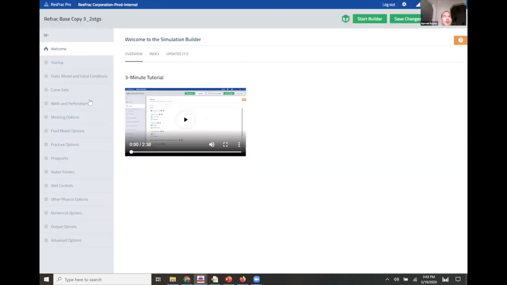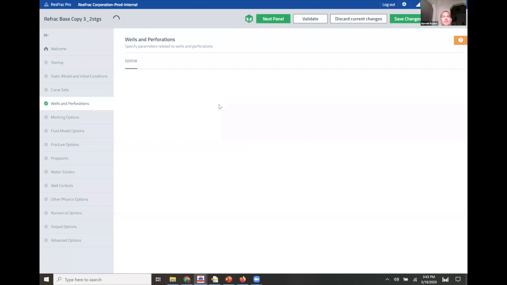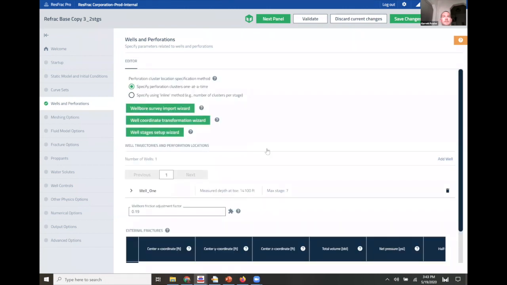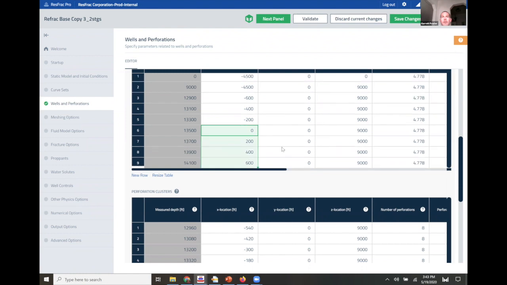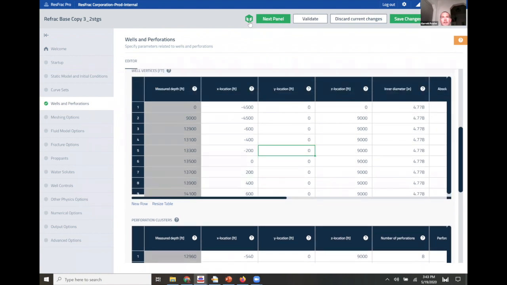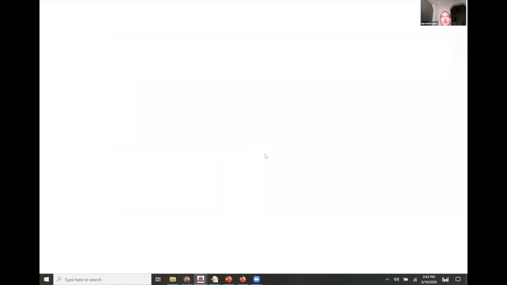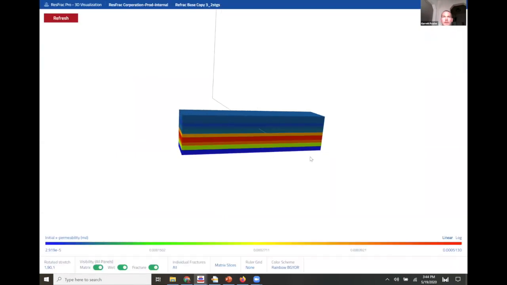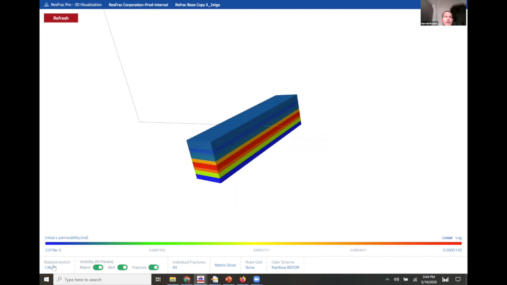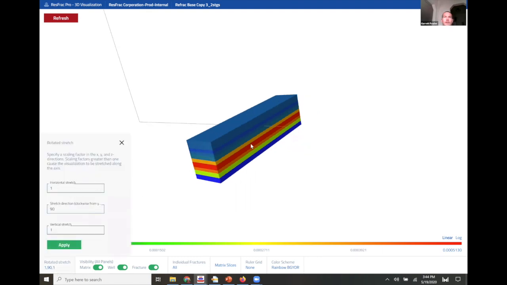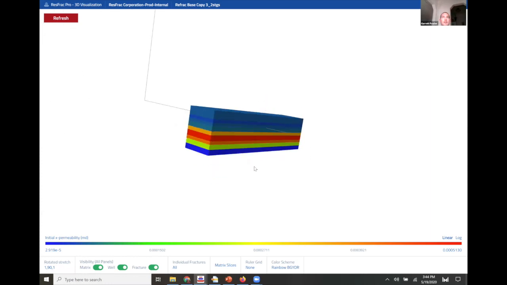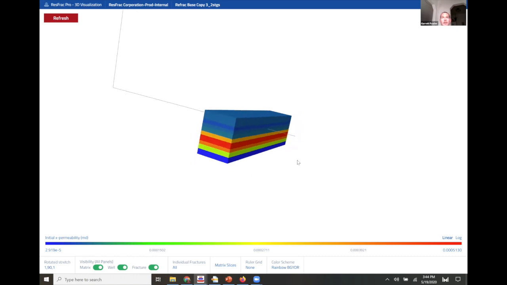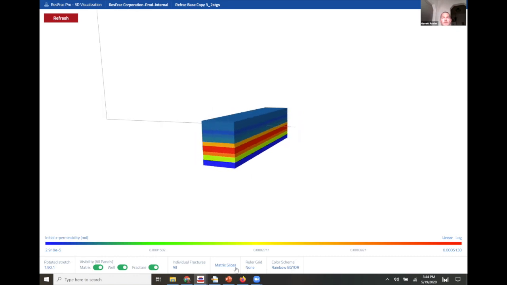So if I want to extend the model, the first place I'm going to start is my wells and perforations. And it's going to be slightly easier because I've already added the rest to my wellbore. So you can see I can actually use the new feature here. I think my computer is being overloaded by the screen sharing right now. So you can see here's my current model where I've drawn a box kind of close to the toe, right? If I have a 5,000 foot lateral, what I've done is